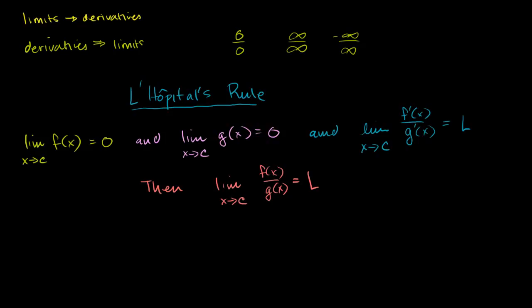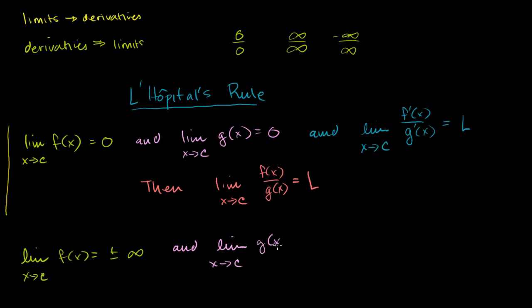So this is the first case. And the example we're going to do is actually going to be an example of this case. Now, the other case is if the limit as x approaches c of f of x is equal to positive or negative infinity, and the limit as x approaches c of g of x is equal to positive or negative infinity, and